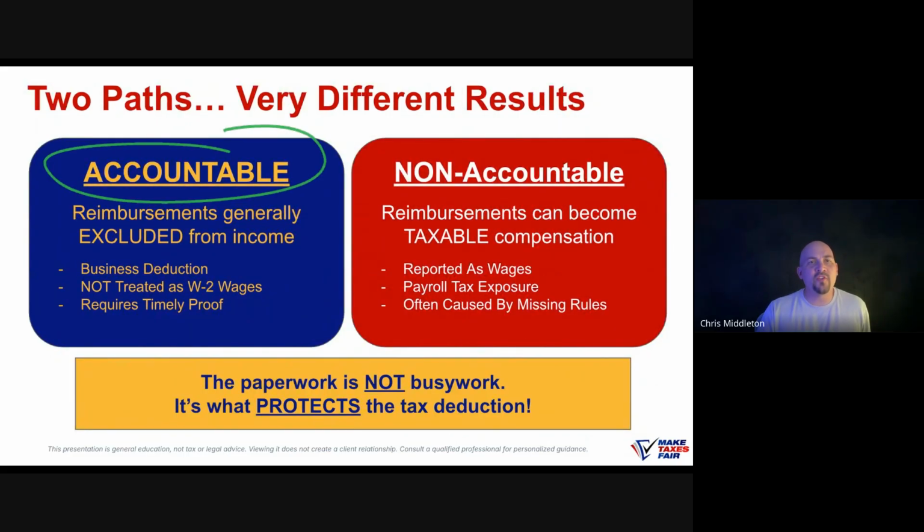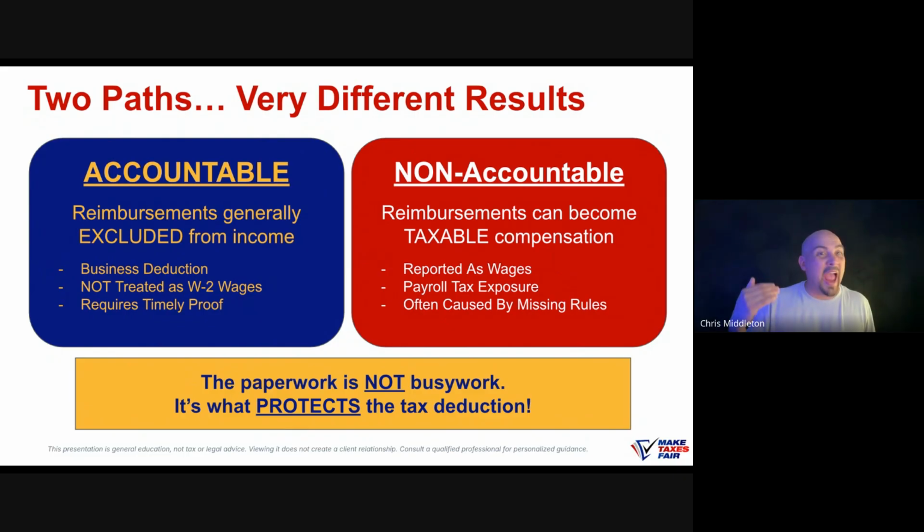It's very important here that there are two different paths. There's the accountable plan and the non-accountable plan. Folks, here's the secret that really shouldn't be a secret. The government, the IRS, does not actually require you to have a written document. You're not required to have a written document for an accountable plan. That's why it's not talked about. Everybody talks about it as a requirement, right? But ultimately, it's optional. But if you have that written policy in that plan, you are empowered, and reimbursements are generally excluded from income.